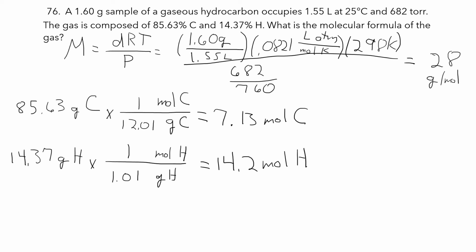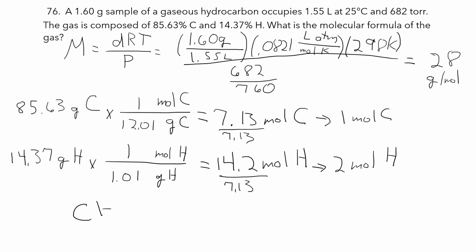So when we divide through by that smaller number, we end up with a ratio here of 1 mole of carbon to every 2 moles of hydrogen, or we would write that as simply CH2. If we go to the periodic table and look up masses for that, carbon is 12, hydrogen is 1, but we have 2 of them, so the empirical formula mass, or empirical formula weight, is 14,